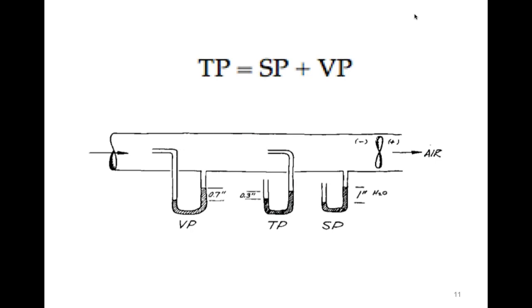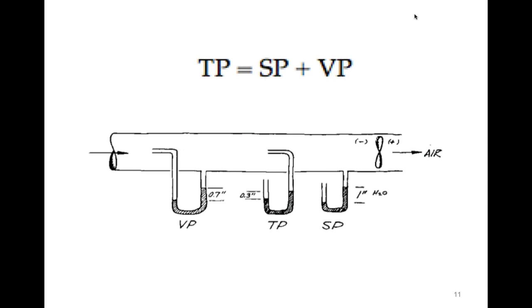We just said static pressure is acting there all the time anyway. So that pressure is really both velocity pressure and static pressure added together. That makes sense to you guys? Anybody uncomfortable with that? That's both pressures, because you always have static pressure in that. Even if you pointed it downstream, you would still have static pressure, right?